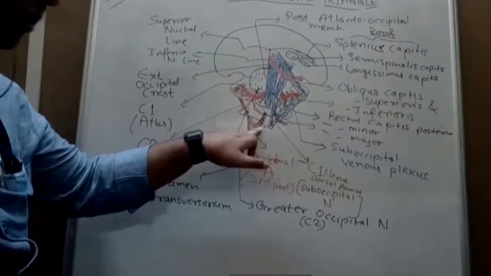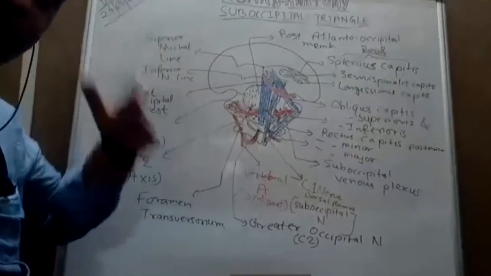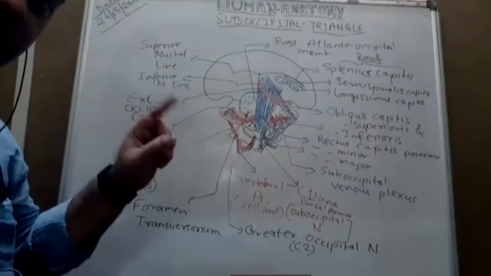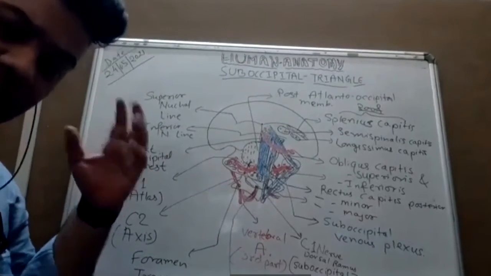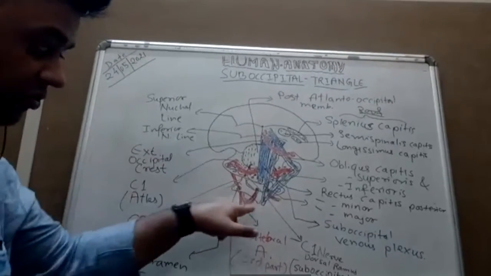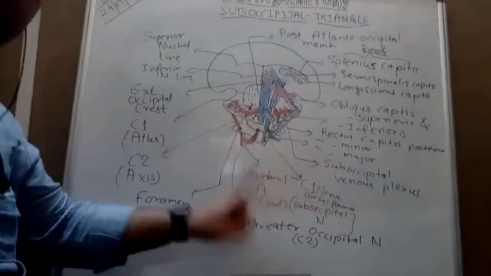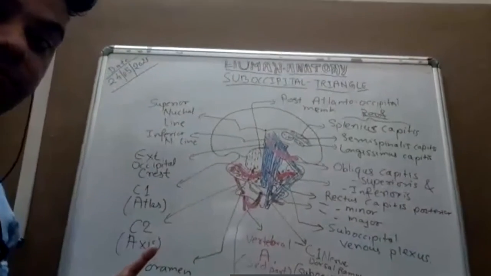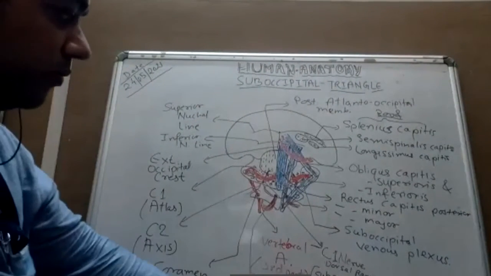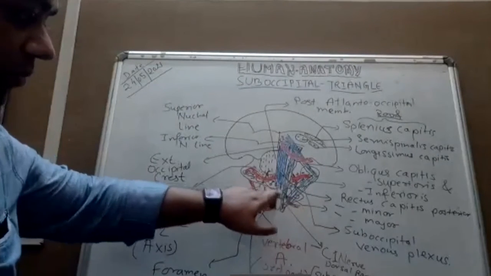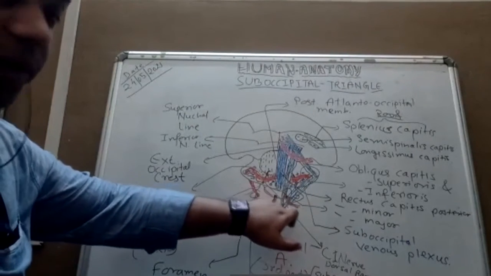So this is the thickest cutaneous nerve of the whole body. The thickest nerve, or the largest nerve, is the sciatic nerve of the body, but which is the thickest cutaneous nerve? The greater occipital nerve. Remember it, they can ask it in MCQs. So that thickest nerve crosses the inferior angle of the triangle.